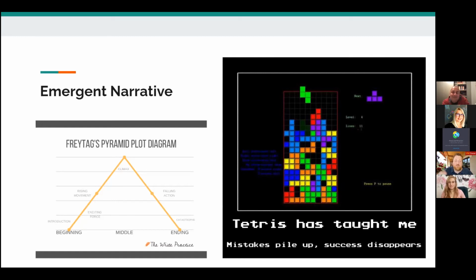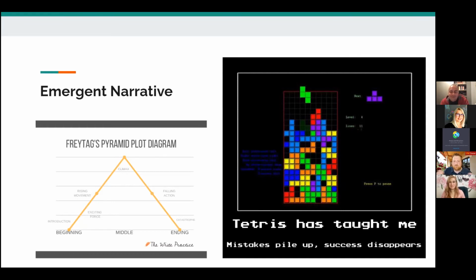The story of a game of Tetris is that you start off with a big empty space that's easy to maneuver in, and the blocks are falling slowly, and you probably make some good moves and you score some points, and you get a Tetris here and there, and you make some rows disappear.